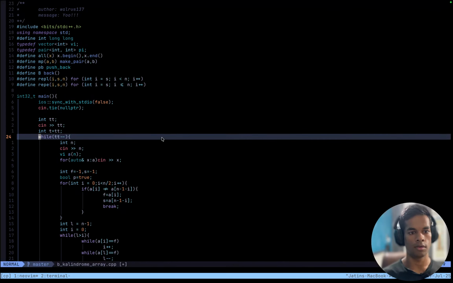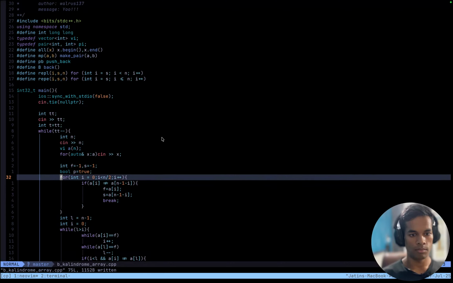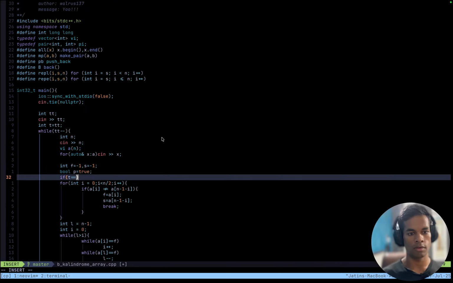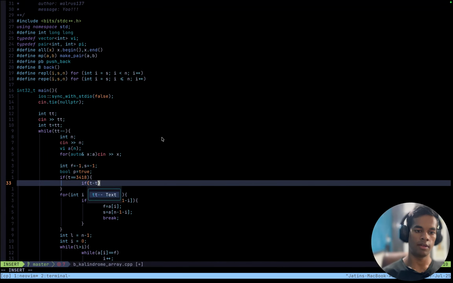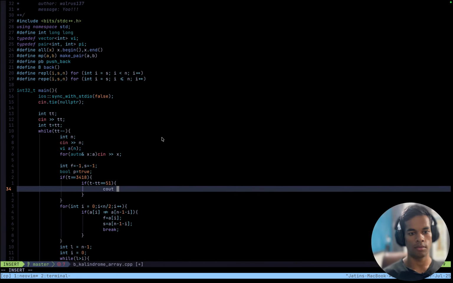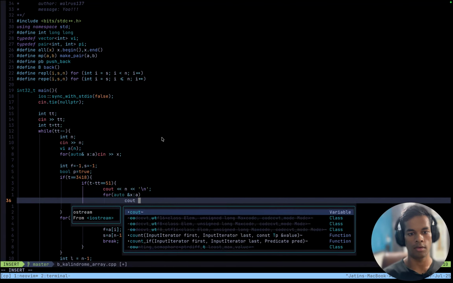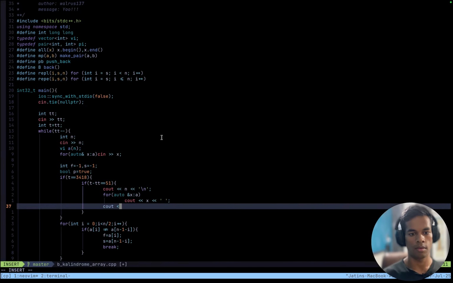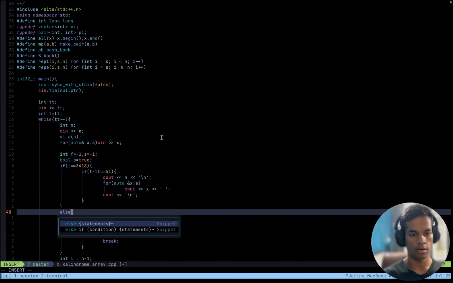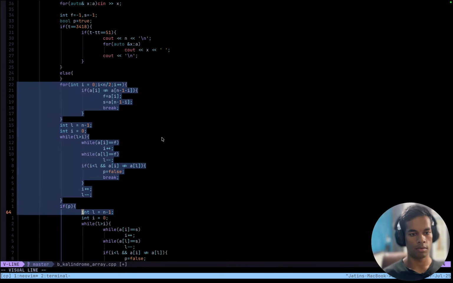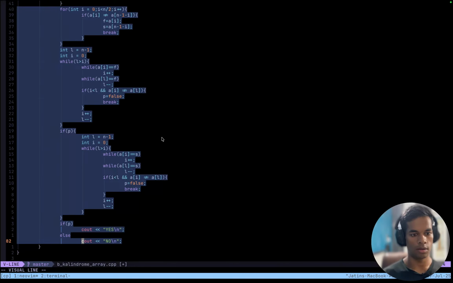And t equals pt, and after taking the input here, if t equals this thing, then if t minus tt equals 51, then cout n, not a space, a new line, and then for auto x a cout, new line, and else all of this till this.